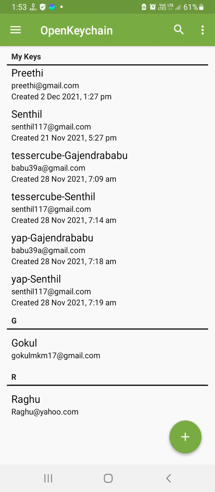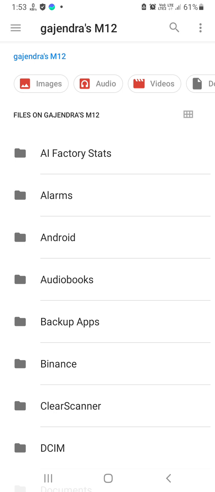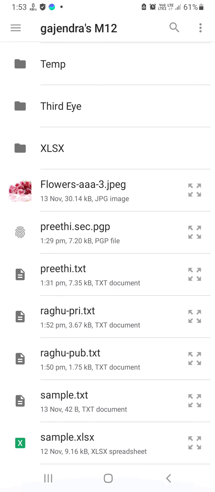Now let us once again import the private key also. So once again touch the three dots in the top RHS, manage my keys, import key from file. Once again touch the folder icon, it takes you to internal storage, and scroll down and select raghu.pri.txt.